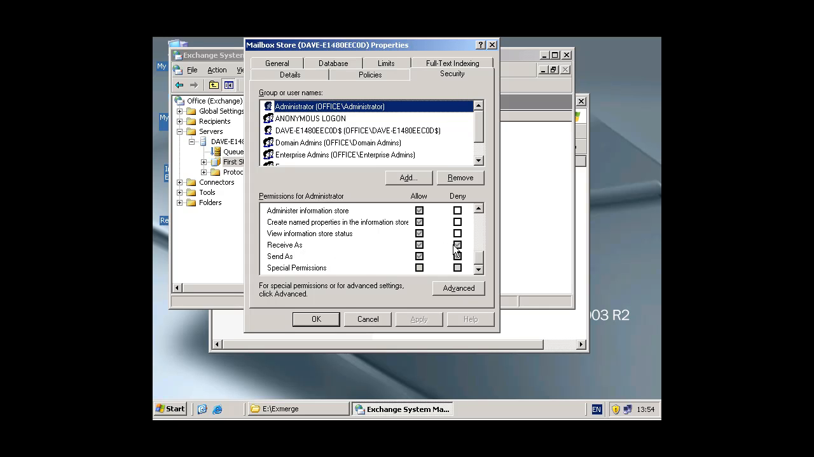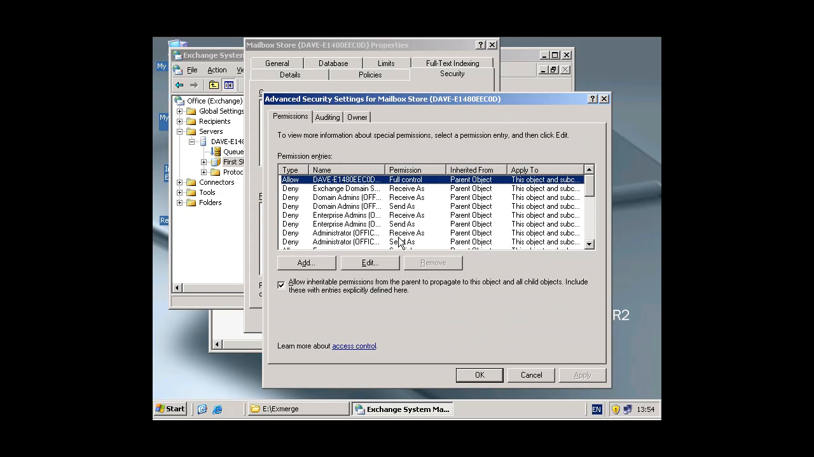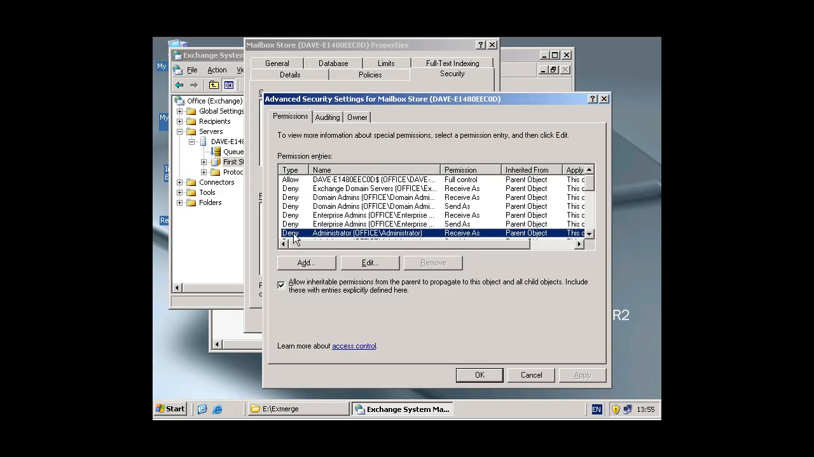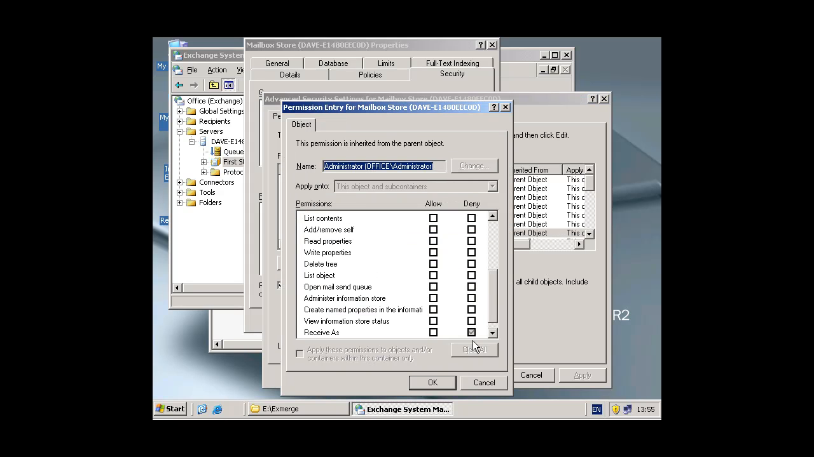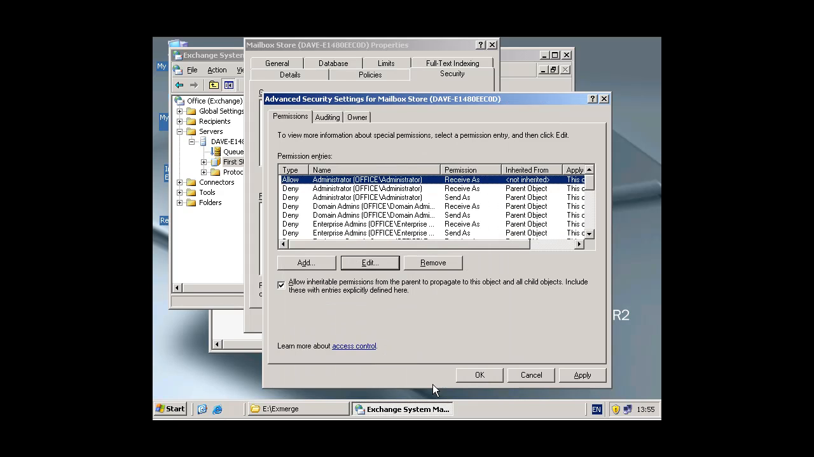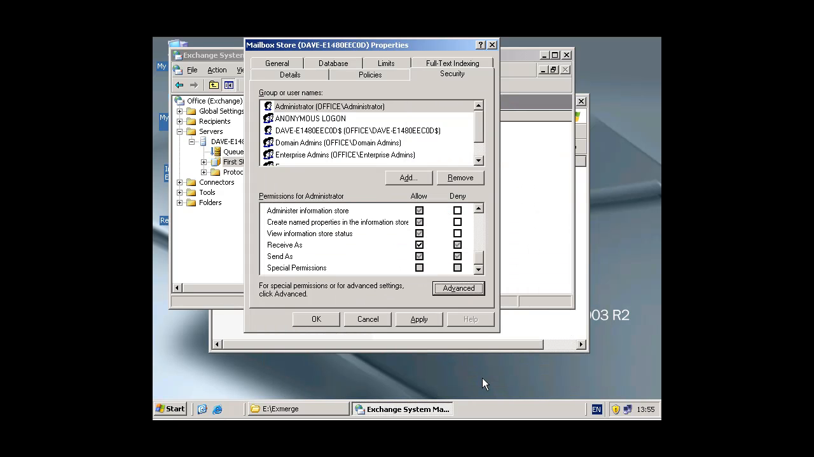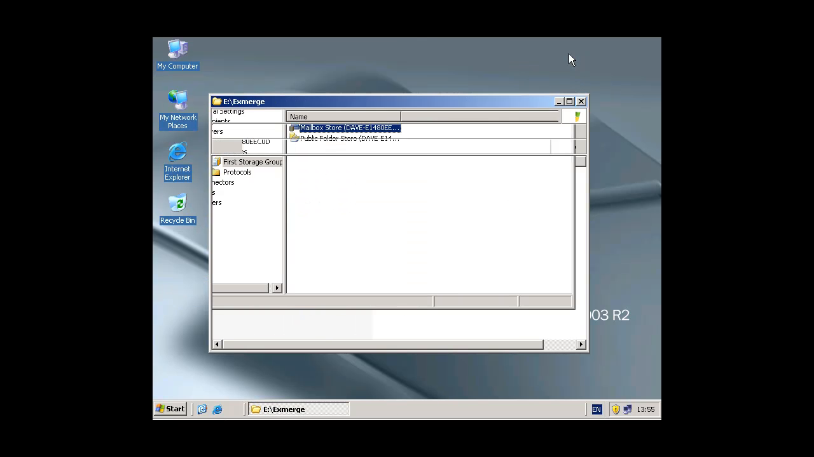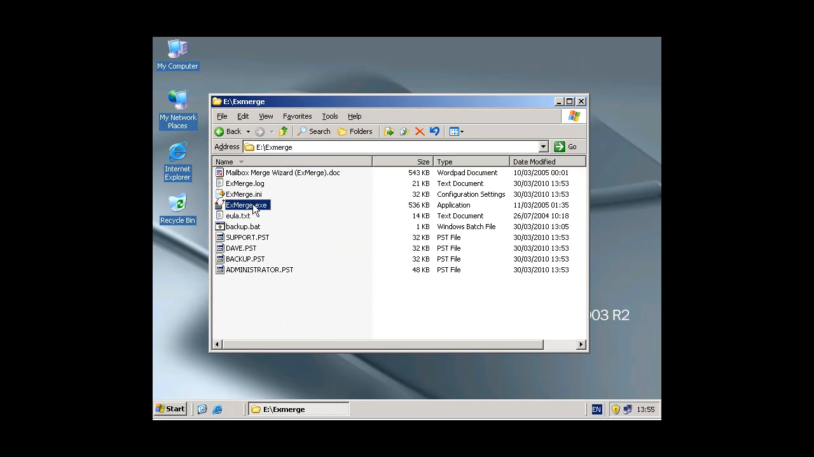The reason why it's not working is because it's denied here, so we need to click on Advanced, go down to here, find the administrator which is denied for Receive As, click on Edit and just click on Receive As there, to allow it. Click on OK, Apply and OK, and close that down, then run Exmerge again